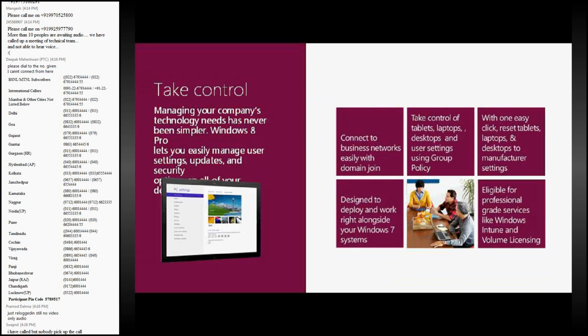Right? Now, we want you to be in control of it. With technology comes a huge responsibility in managing it all. With Windows 8, we specifically designed to help you do just that. Managing your company technology needs has never been simpler, right? You can orchestrate user settings, updates, and security options on all your devices. With a wide range of IT management tools, Windows 8 takes some of the pain out of managing